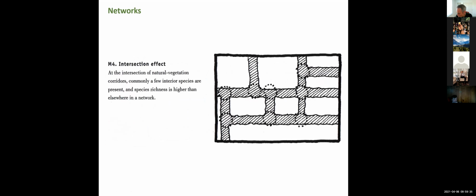And much like with human road networks, intersections in vegetative networks tend to be areas of higher species richness. When we have multiple interior species and each one's traveling on their own route, they tend to mix and cross paths at these intersections, right? So you can think of the circuitry of the landscape as much the same way as a road network would be for people. Anytime that you have an intersection, that's going to be a place where there's much higher species richness and diversity, because that's where different species are crossing paths with each other, just like cars traveling on a roadway.